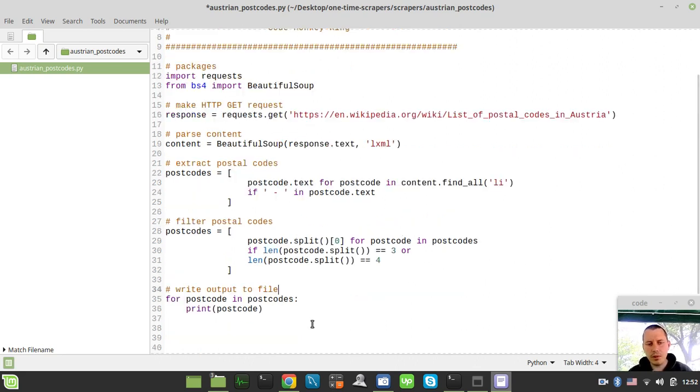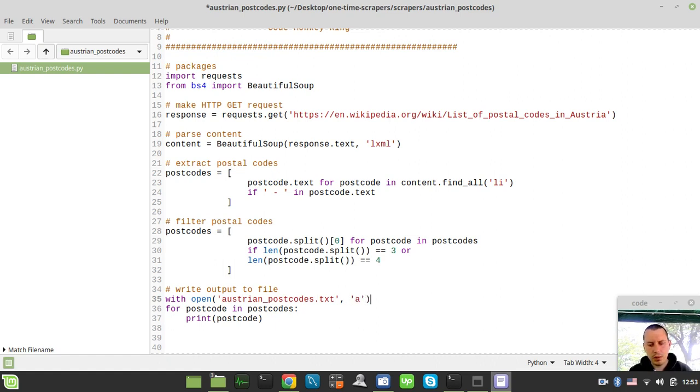And as far as the data is really trivial, I would probably do this using a text file, right? So just say with open Austrian postcodes.txt,